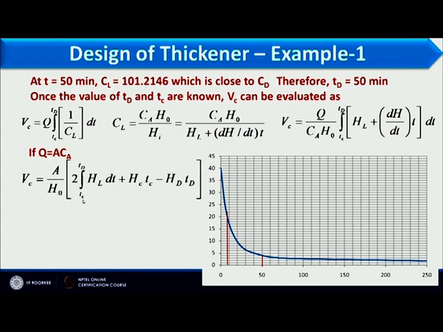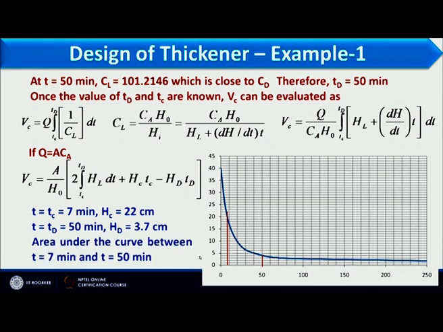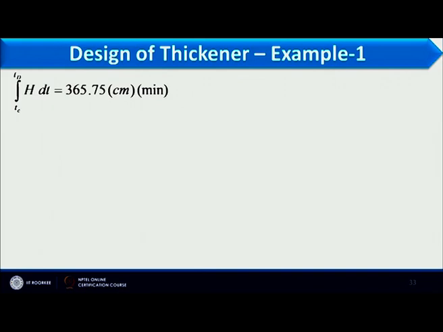So here we have two value TD and TC. If time T equal to TC, that is the critical sedimentation time, equal to 7 minute, we have calculated in the previous slide, HC should be equal to 22 centimeter, and similarly T equal to TD equal to 50 minute, HD should be 3.7 centimeter. So area under this curve we have to calculate, and this area would be equal to value of this. So value of this area is 365.75 centimeter minute, and